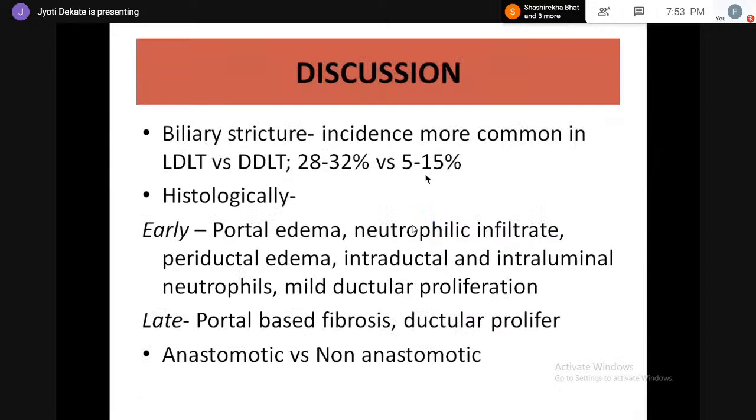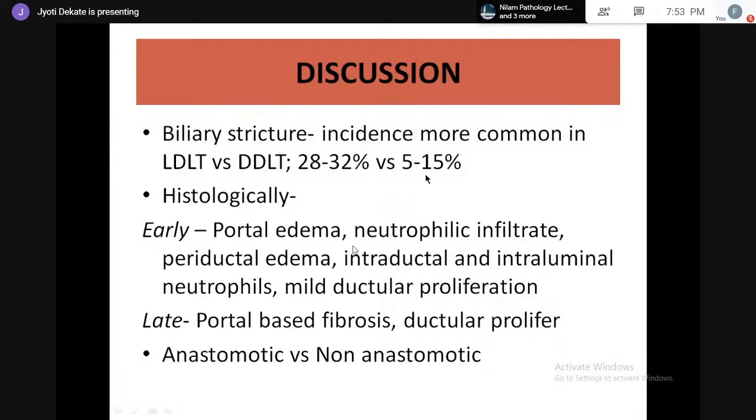So I have kept this case to discuss the biliary stricture in the post-allograft period, or in the post-transplant setting. The incidence of biliary stricture in the post-transplant setting is more in patients who undergo living donor-related liver transplant as compared to cadaver-related liver transplant. And as we have already discussed in the previous class, and we see here also,